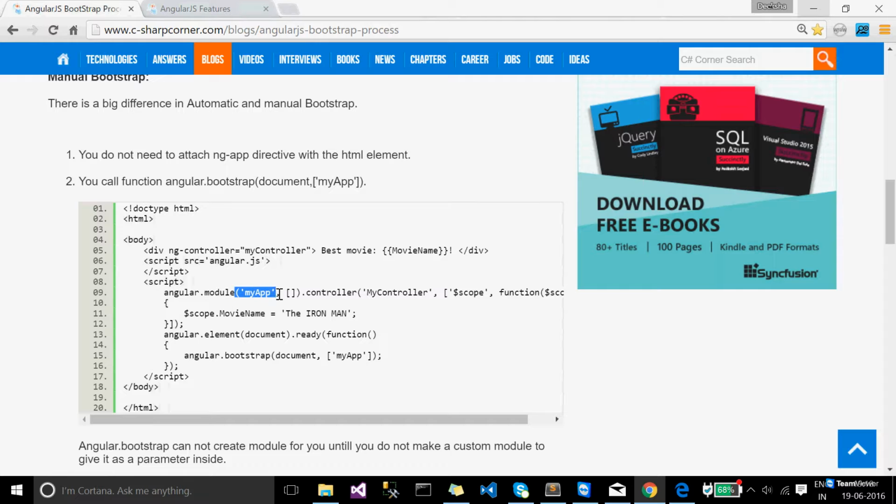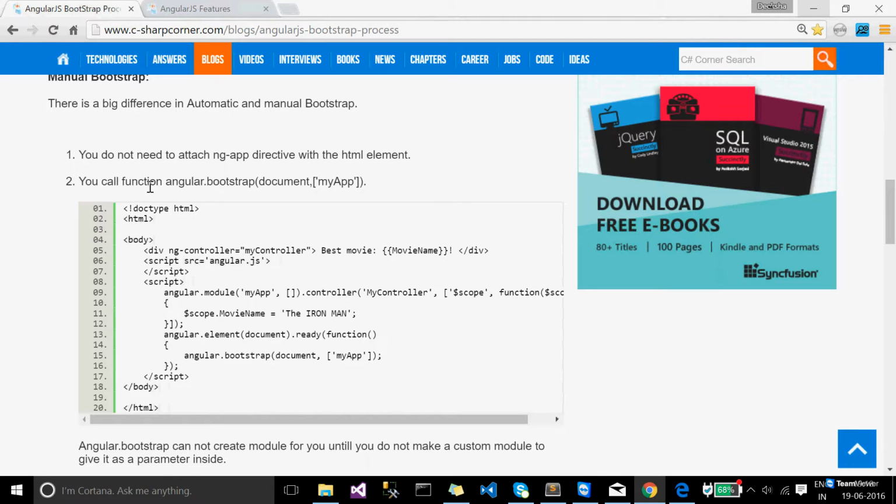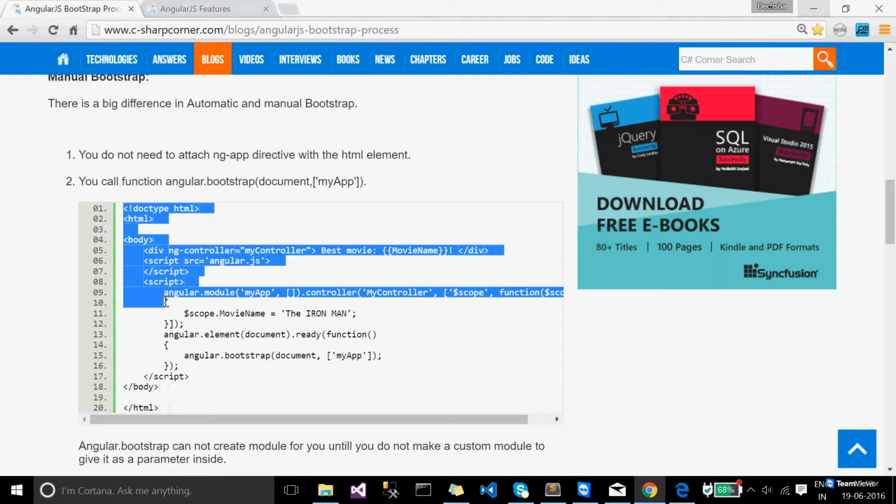See how I have written angular.module, the same way I wrote earlier for the automatic process with ng-app, then the array. Here is the thing: you do not need to write this ng-app, just get rid of it. And you write,